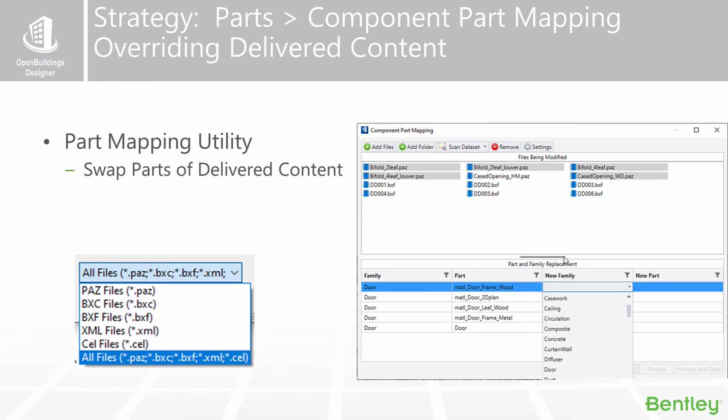The next way that we can override delivered content is using a tool called the component part mapping. I'm not sure which version of OpenBuildings this showed up in. I can't remember. It was one of those things where I was like, oh, that's nice, but it's pretty powerful. Basically, it will take PAZ files, BXC files, BXF files, XMLs, and .cel files and remap different parts to those